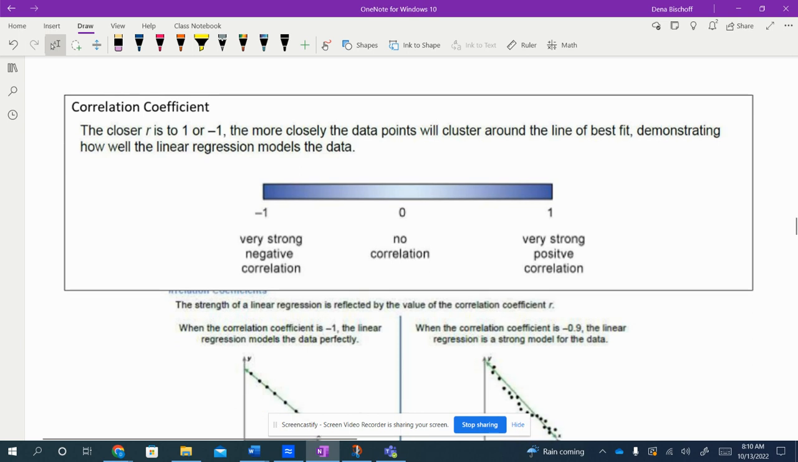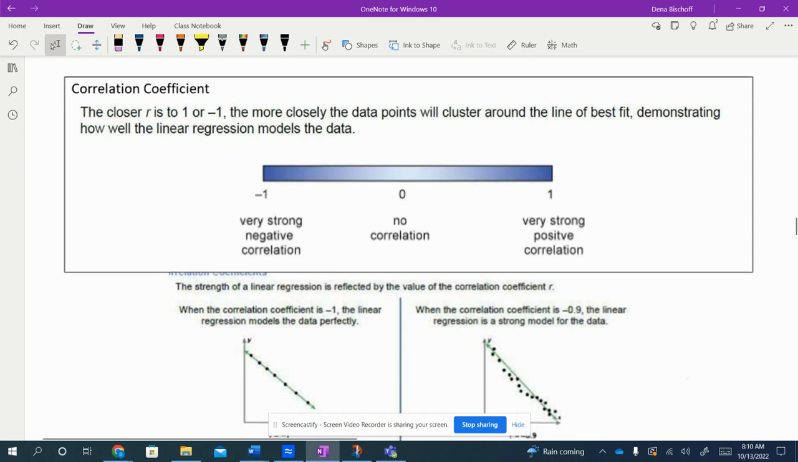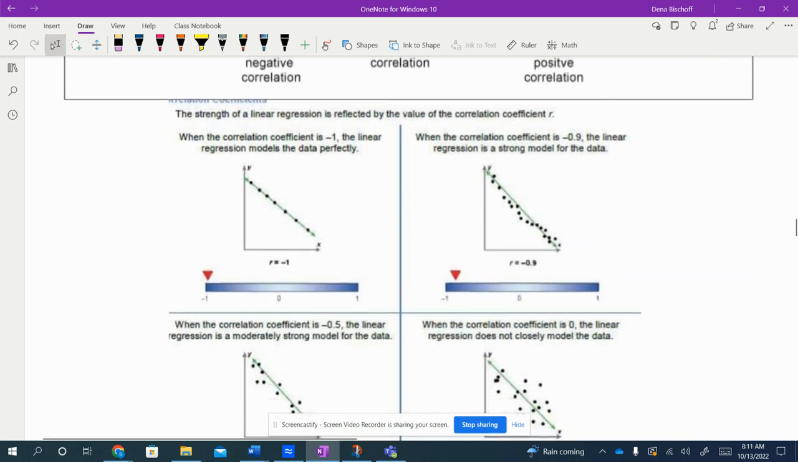So correlation coefficient, this is what I talked about earlier in our warm-up, the R. The closer that R is to 1, meaning positive correlation, or -1, negative correlation, the more closely the data points represent a nice straight line. So we use what's called a line of best fit or a trend line to approximate scatter plots. We group the data together and try to fit a line in the middle of the data, and that's called a trend line or a line of regression. So we are going to start practicing doing that